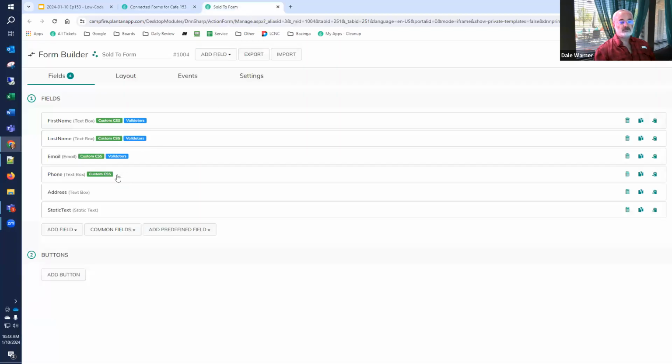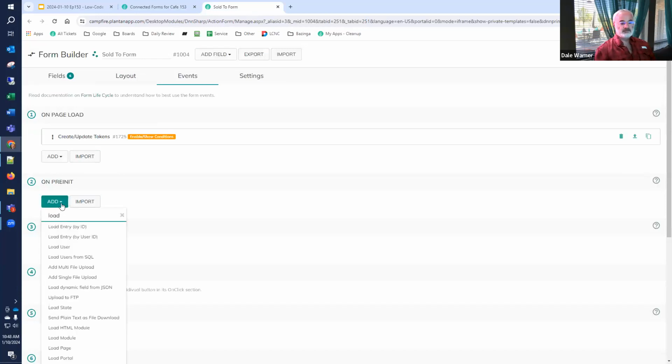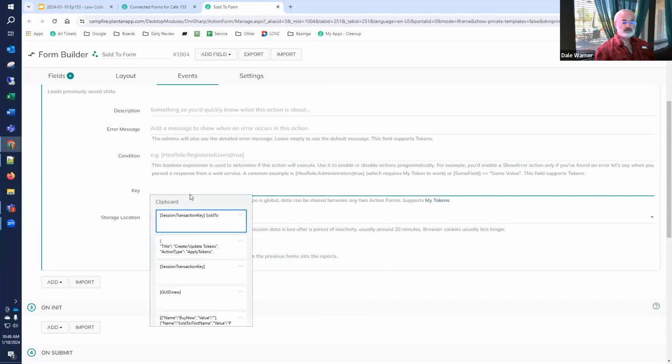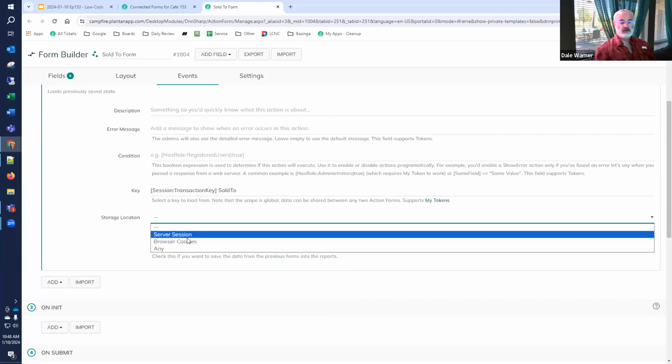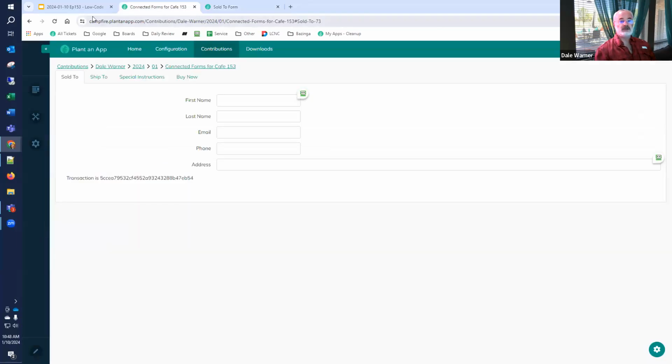So in our sold to form, in our events section, I will add, we can put it in on pre-init. We'll add that same load state. I could copy it as well, but we're going to use the same key, sold to, and server session. And so now with that change, when we refresh, whatever is in the state is being persisted. Put in an email address and